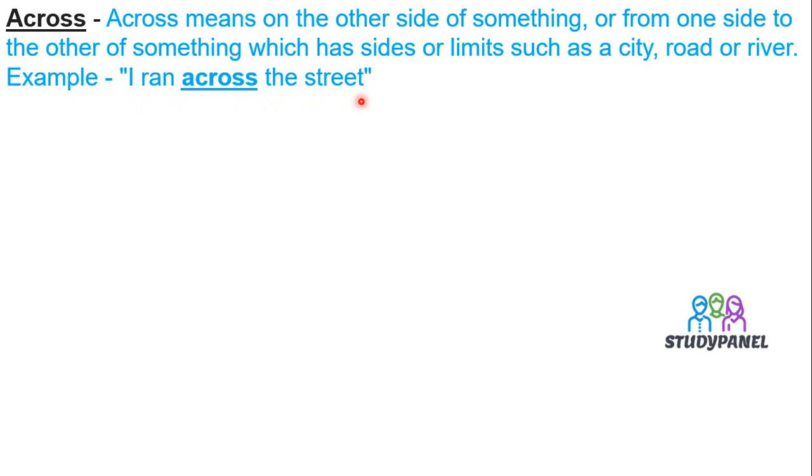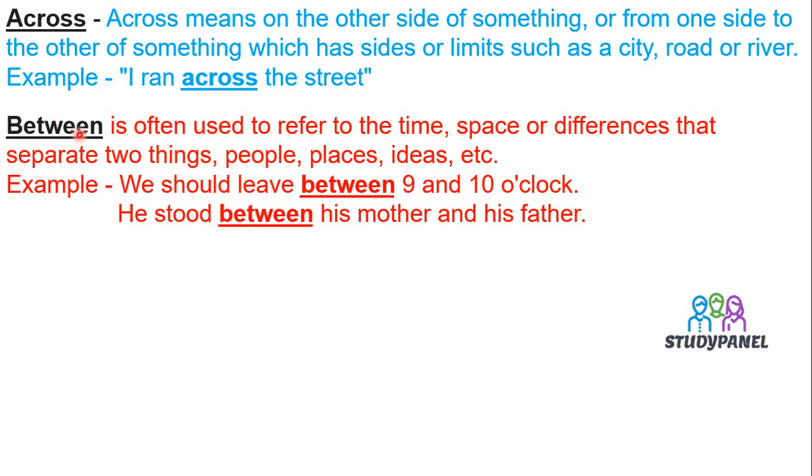यहाँ पर across हमें कब यूज करना है, कब preposition across का सेंटेंस में यूज होता है? जब किसी भी चीज की कोई लिमिट्स हो, जैसे सिटी की एक लिमिट रहती है, उसकी बॉर्डर्स हैं, इसके बाहर जो है वो सिटी नहीं रहता है। रोड की भी एक लिमिट होती है, जैसे आप जहां रहते हो वहां किसी स्ट्रीट या गली के दोनों एंड आ जाते हैं। रिवर का भी शुरुआती ओरिजिन रहता है और एंड रहता है। तो ऐसी जगह पर जिसकी लिमिट्स रहती हैं वहां हम across यूज कर सकते हैं। I ran across the street.